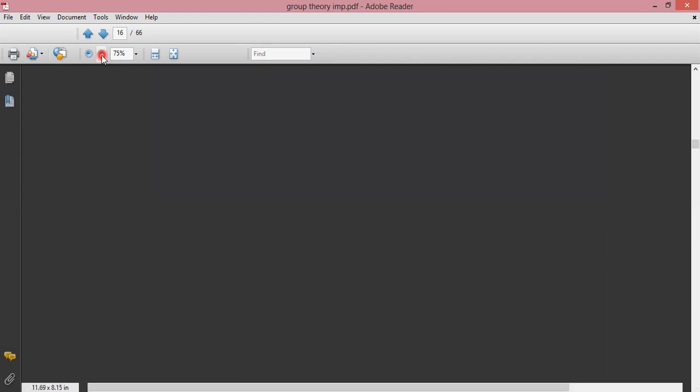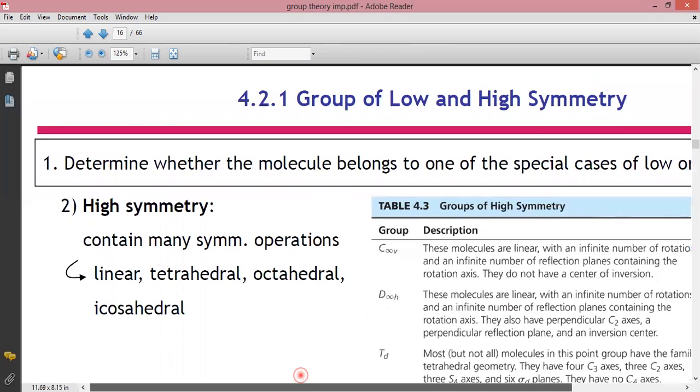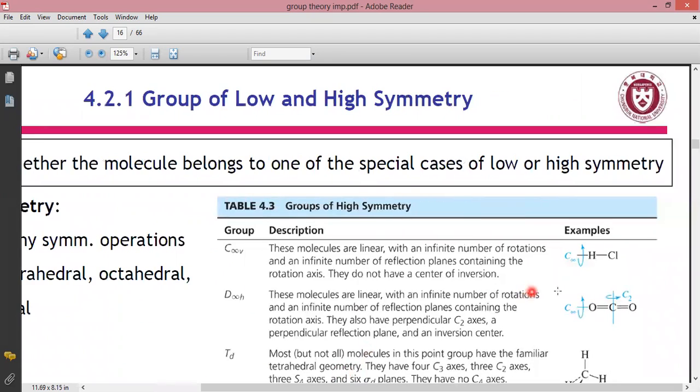For example, there is HCl. Remember these examples, very, very much important. High symmetry molecules containing many symmetry operations: linear, tetrahedral, octahedral, icosahedral. For example, if you see this C infinity v, remember this example. This is the HCl. Okay, in HCl, this axis which you see here in this direction,